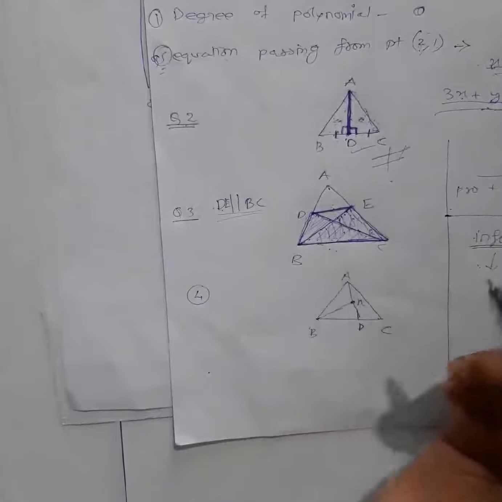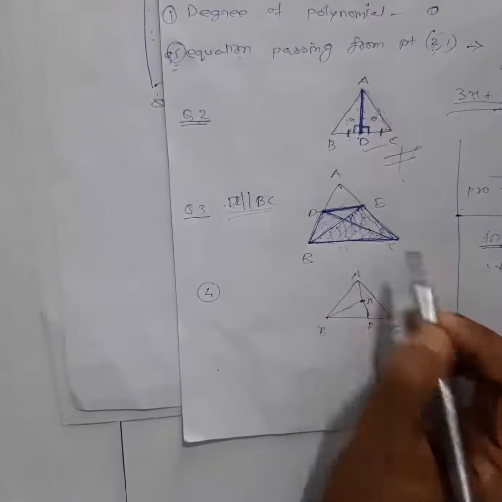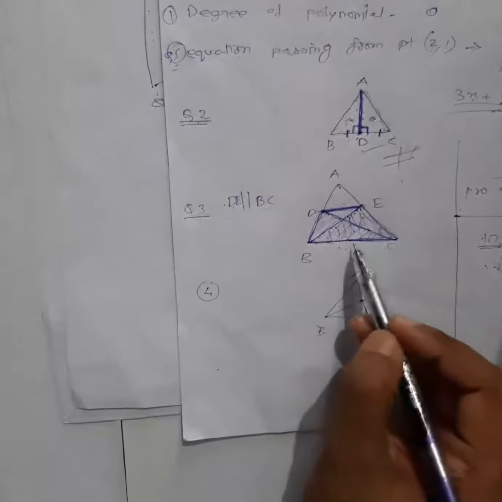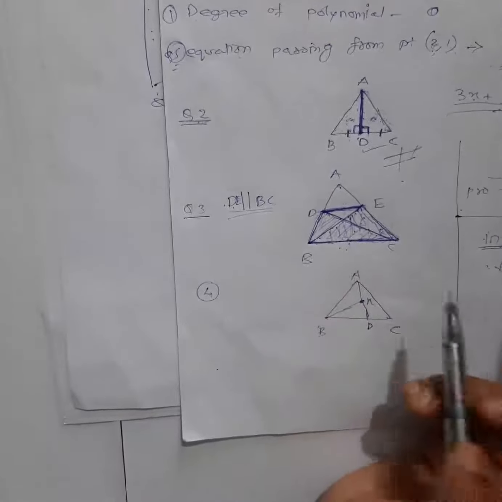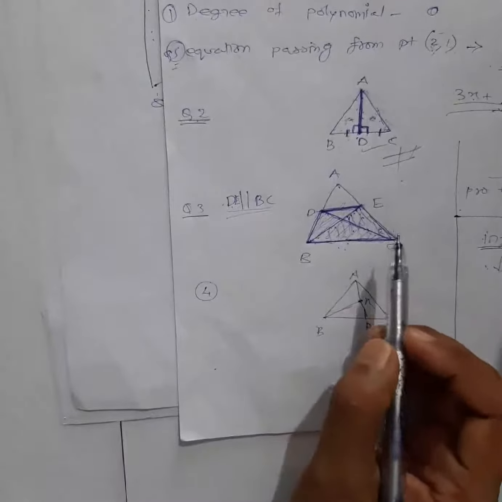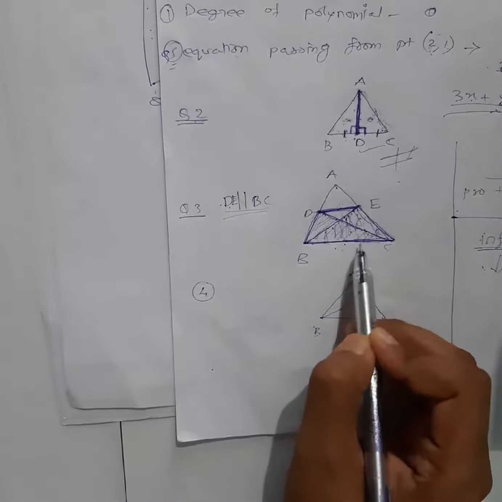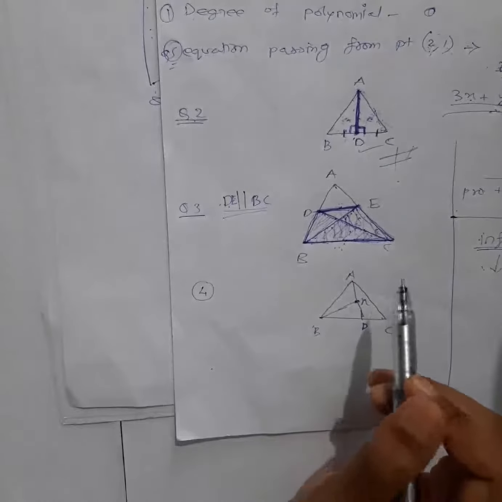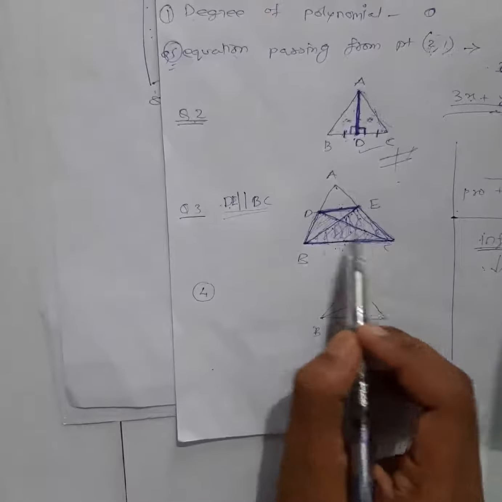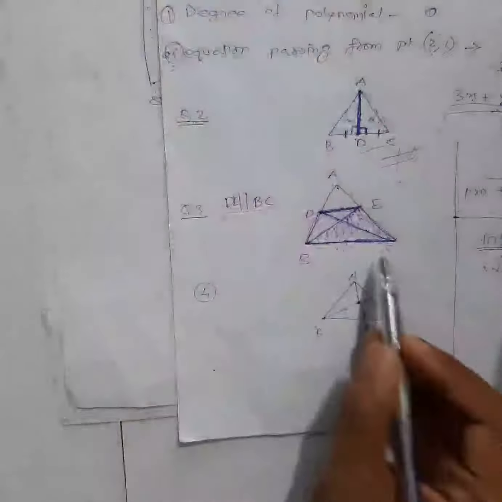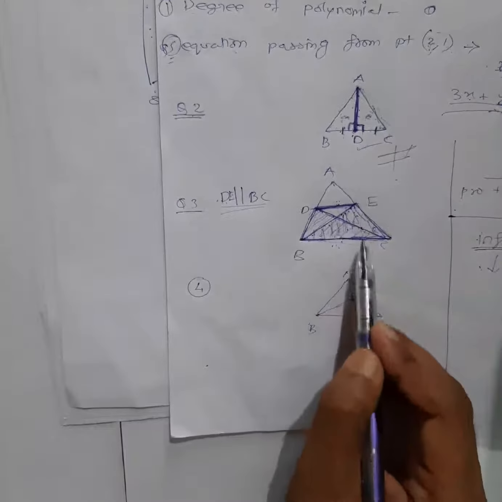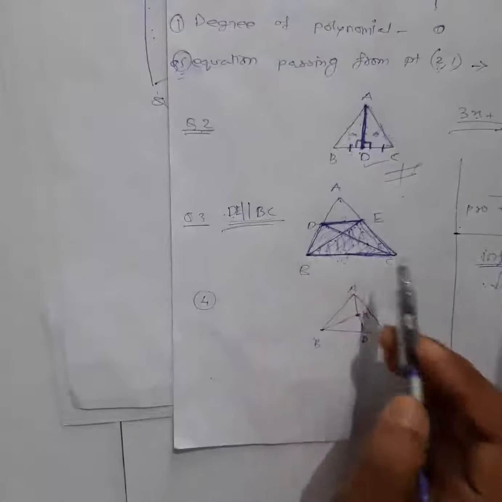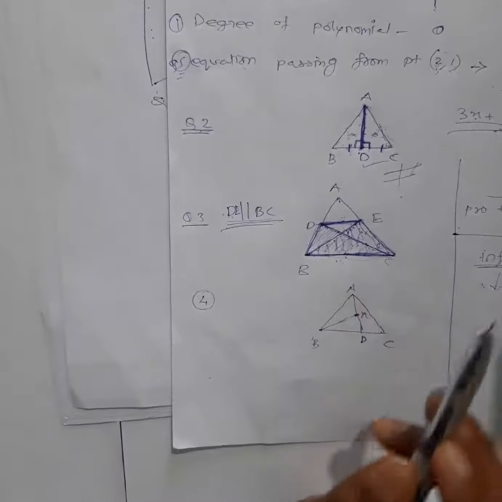Some of you have taken this one as parallel, maybe because you had a question like that in your exercise, so you thought that question only it was. So you need to see properly what has been asked. In this question the area of this triangle was given, and you were about to show DE parallel to BC. Some students have taken DE parallel to BC as given in the question, and shown that this triangle's area and this triangle's area are the same. It's not like that, it was the opposite. So I hope you have understood, and a proof of this property I have already given in the theorem.